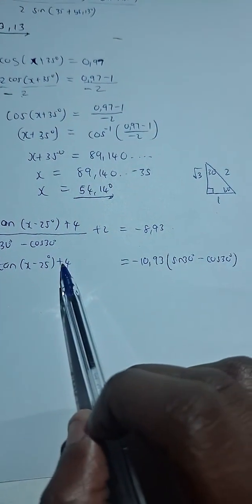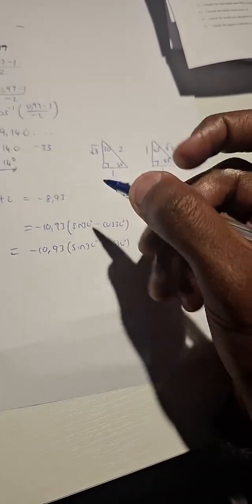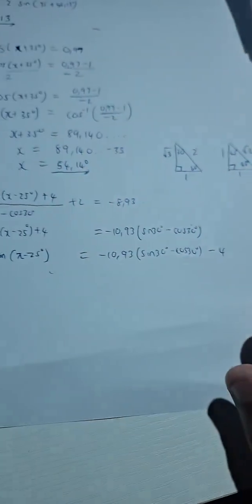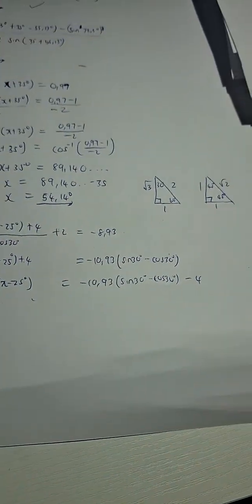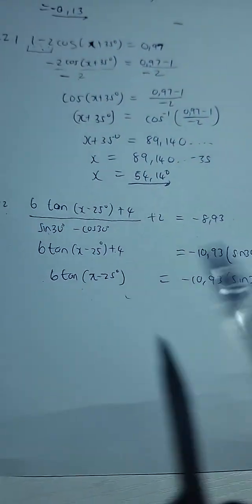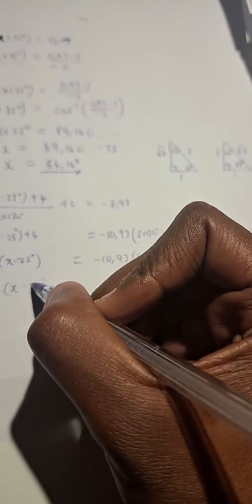Then this 4 thereafter can be transposed as well. So that's 6 tan x minus 25 degrees. We then transpose the 4. It becomes negative 4. Then we divide by 6 as well. I hope you guys get the point. We divide by 6 as well. So if I divide both sides by 6,